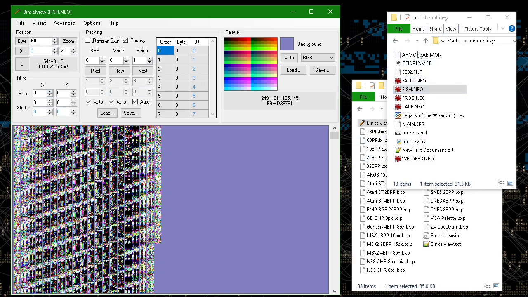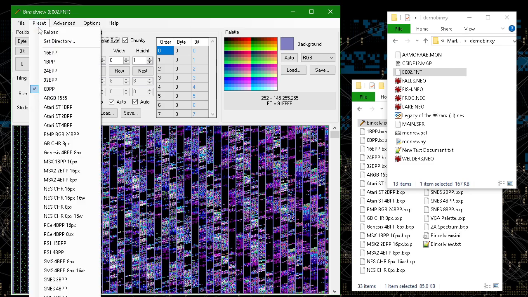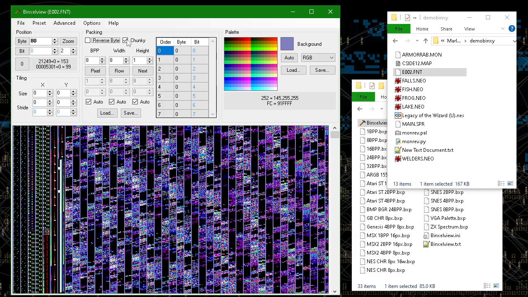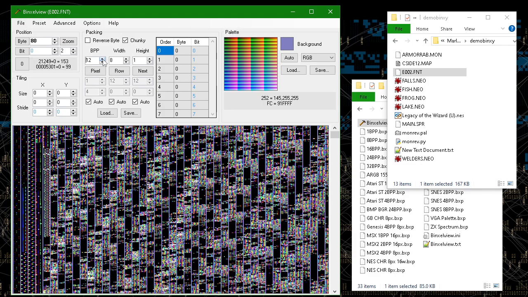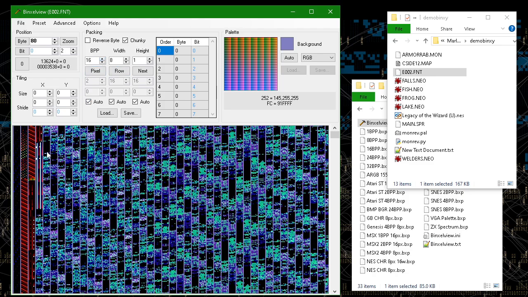So one more thing I wanted to show you. Here's a sprite file from a game I really like for the Dreamcast called Elemental Gimmick Gear, EGG, it's abbreviated. This one, I didn't really know the hardware format, but I did manage to figure it out with this tool. I had to add a feature to this tool to make it work.